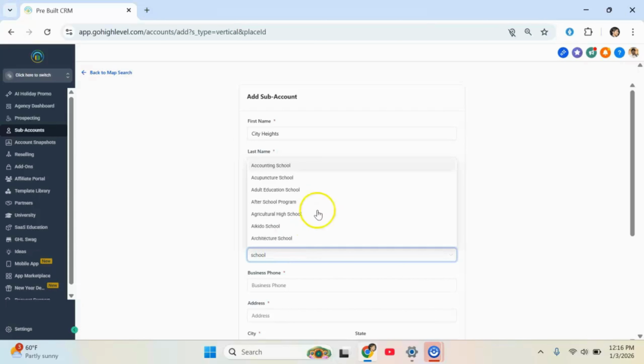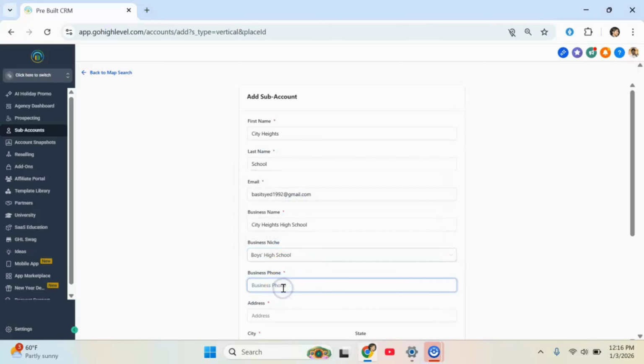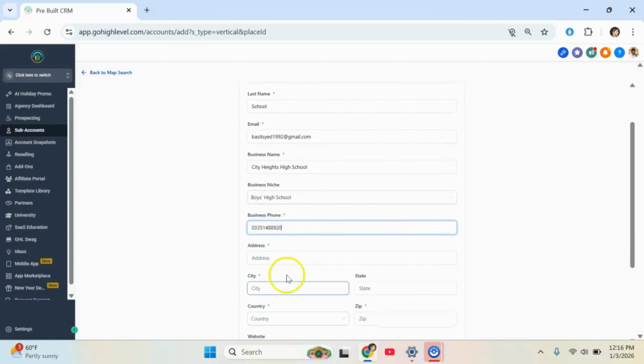School. So let me go to, it's boys high school. So I have selected boys high school, and then I'm adding the phone number and address is,